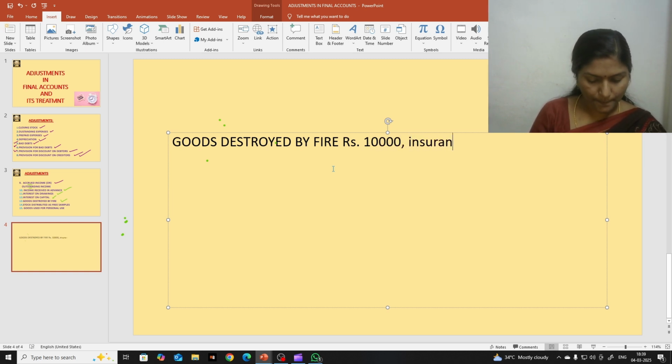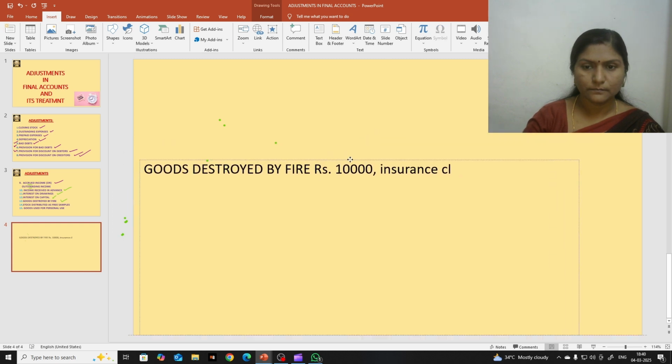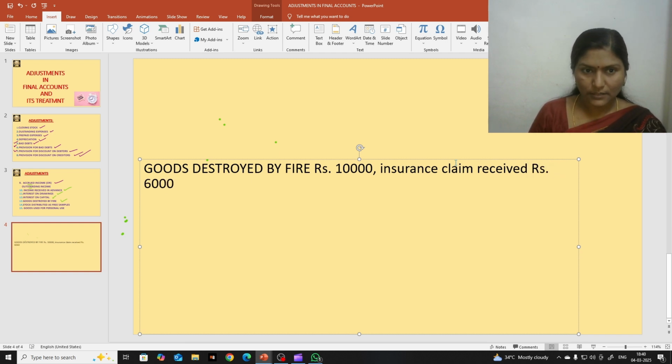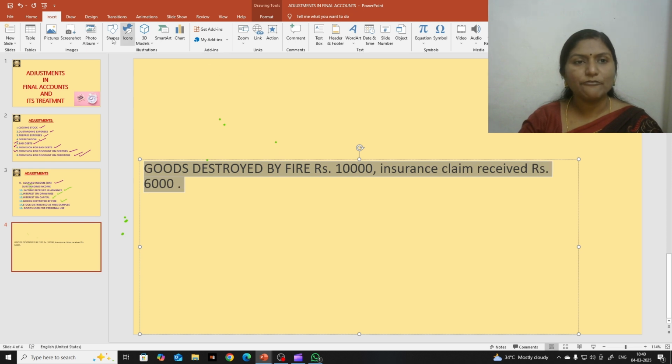Insurance claim received, rupees 6,000. Okay, if the adjustment is given like this, goods destroyed by fire,